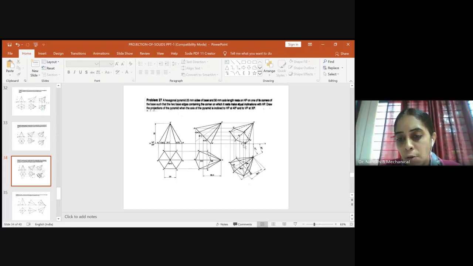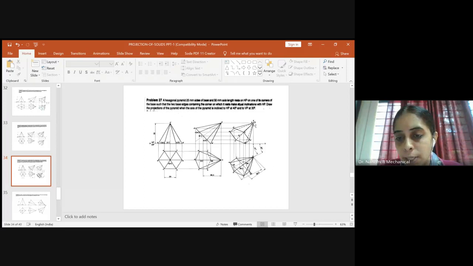We have joined the bottom surface here already. So only these two edges to be darkened. So you will dark D1 to C1 and C1 to B1 because the entire bottom surface will be visible when the observer views from here. After that, I told you that the projection coming through the corners of the surface will be visible. So this we have joined already as a part of outer boundary. This also we have joined already as a part of outer boundary. And this corner C is visible. So you please join the projection from C dash to O dash.